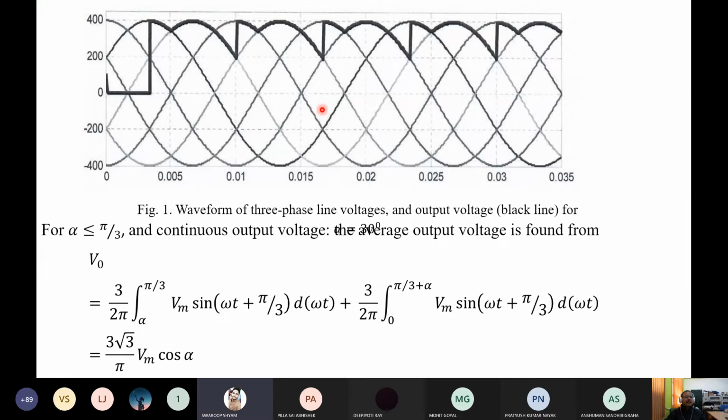Now it is clear. Sir, the bold lines are the output waveforms. Bold are the output, and this is the reference. Just see, here to here it is alpha, so here to here it is reference. It should start from the reference now. No. We are triggering now. We are triggering a thyristor, not a diode.